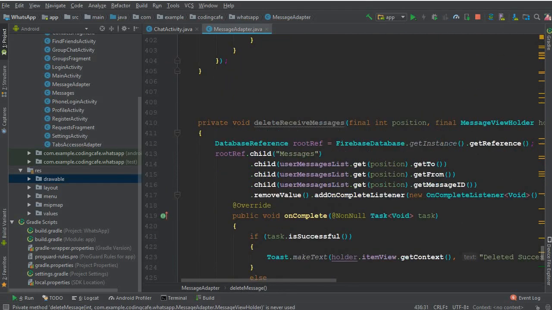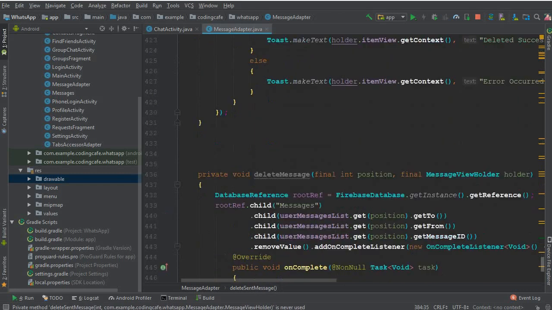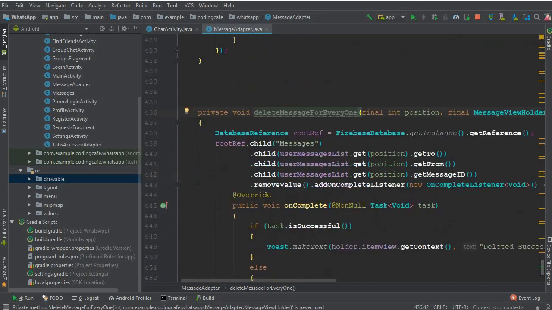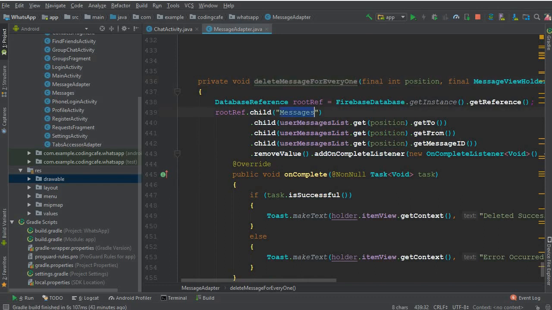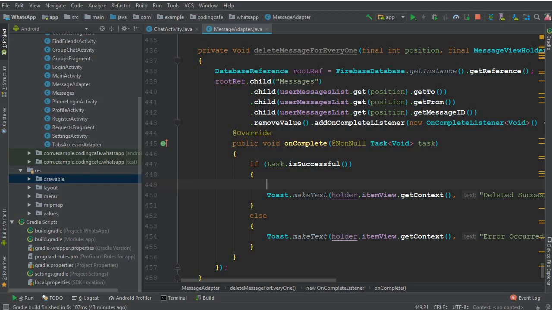message. Okay, let's give it a proper name, which is delete received message and delete sent message. And now delete message for everyone, delete message for everyone. And here we need to first pass this one, which is get to, get from, receiver, sender, message ID, and yeah, one thing which is to copy this up to here, Control C, and inside, if the task is successful,